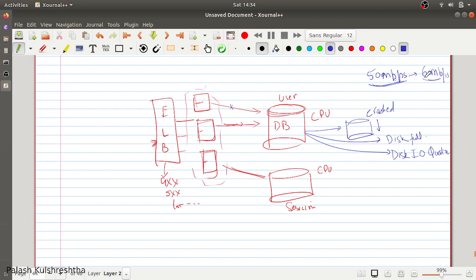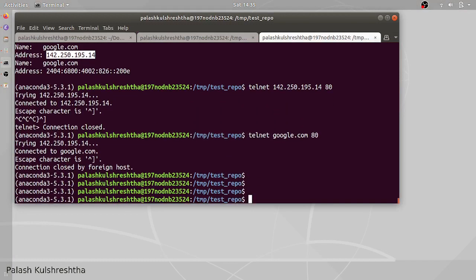So for example, let's try to find out the disk IO utilization. For example, there has been a spike in the number of reads and writes on the disk attached to the database. How are we going to find out? We will find out using the iostat command.